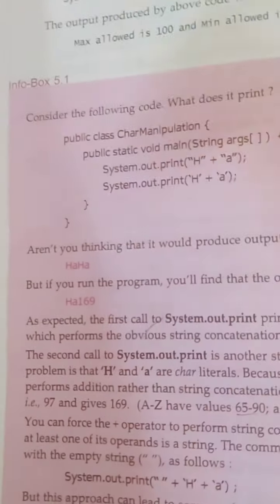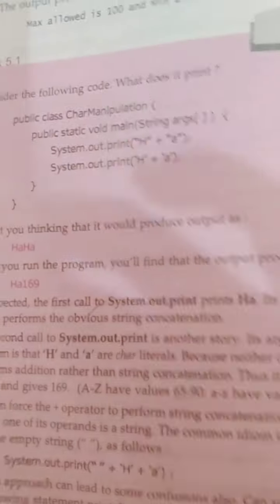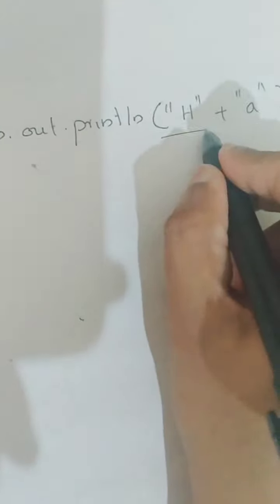Now we will learn a very important thing, that is System.out.println in many versions. Example, System dot out dot println. I think you have written this. What is the output for this? Output questions will surely come. Anything which is coming inside double quotes is a string. Both are strings, so your output will be concatenated and will give you HA.